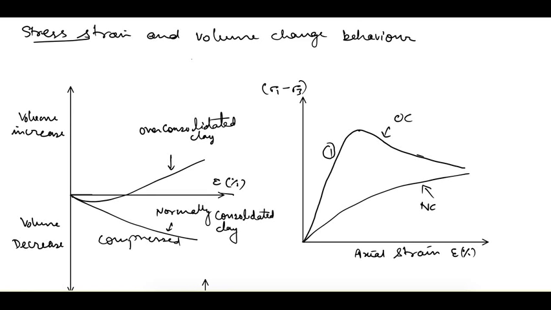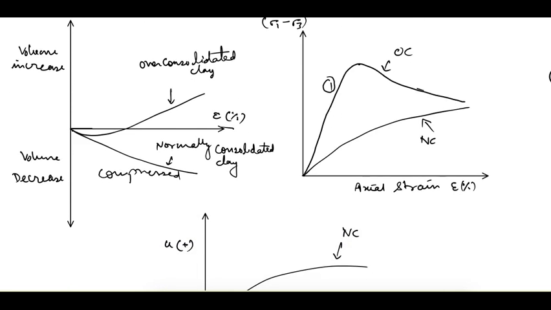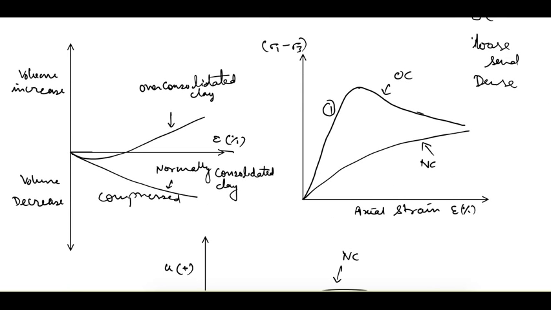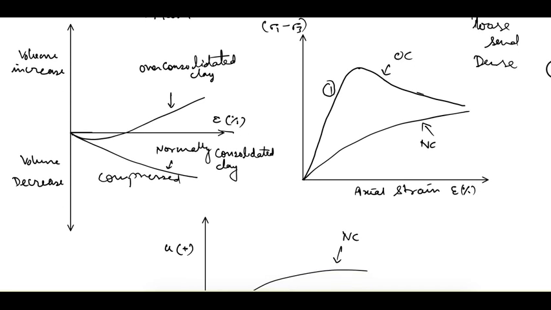To understand the stress strain behavior and volume change behavior of the normally consolidated soil and the over consolidated soils, these curves are plotted, and similarly the curves are plotted for loose sands and dense sands. These curves are plotted with the help of data obtained from the triaxial test. A normally consolidated drained test is used for obtaining this data.